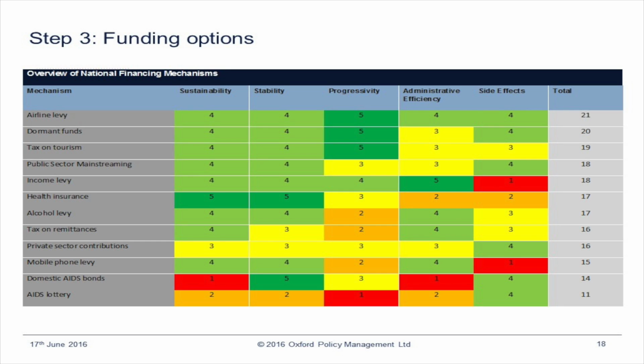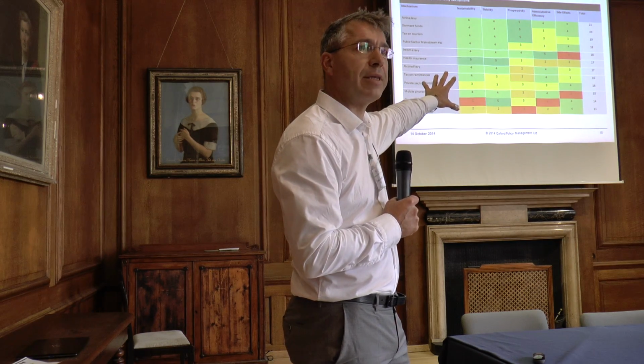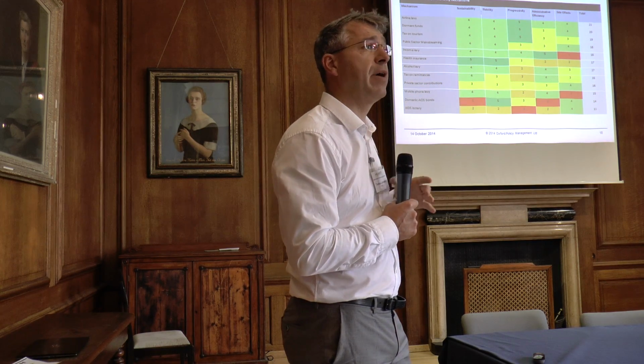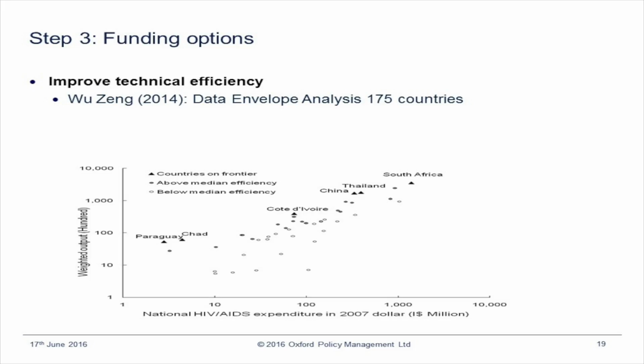Yeah? One of the learnings here, in interacting with policymakers, is that originally the focus is very much on the quantity of finance. How much additional revenue mobilization do I get out of a levy on alcohol? But the first observation is there is an important qualitative dimension to these levies as well. Some of them are regressive, and as Sophia said initially, there is no point raising additional revenue for the health sector if you do that in a regressive way. So there is an important discussion to be had about the quality of these innovative financing mechanisms. So moving on,